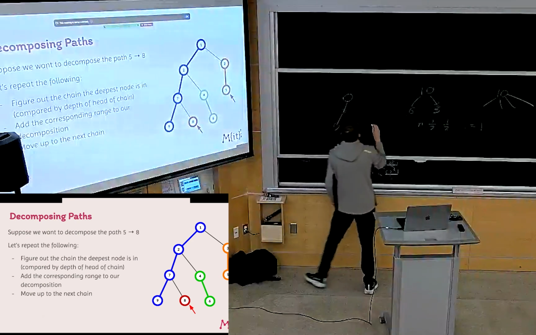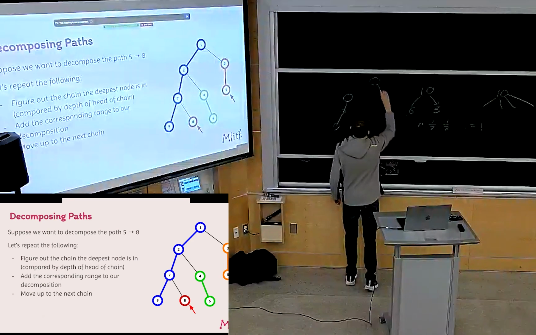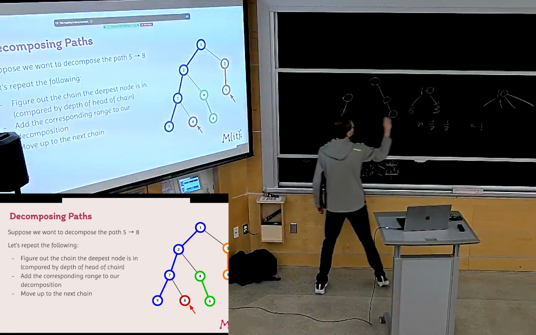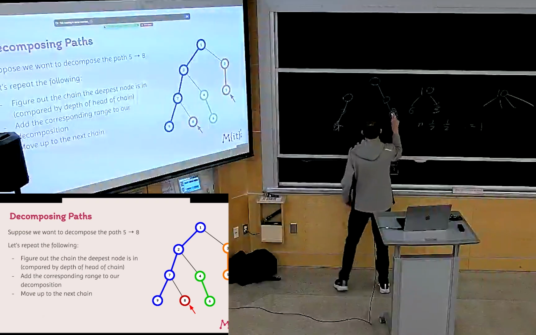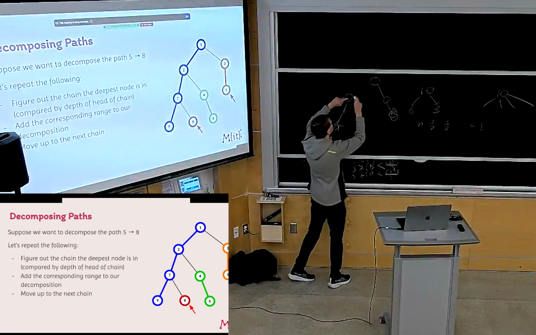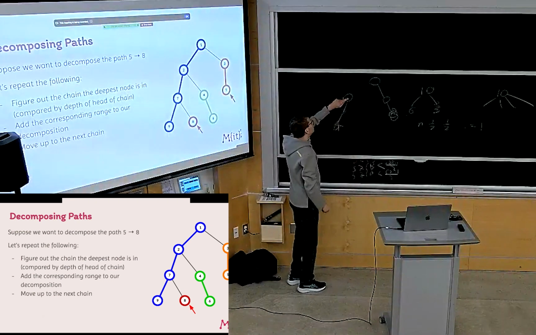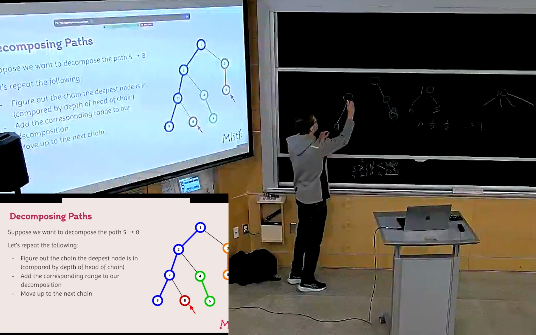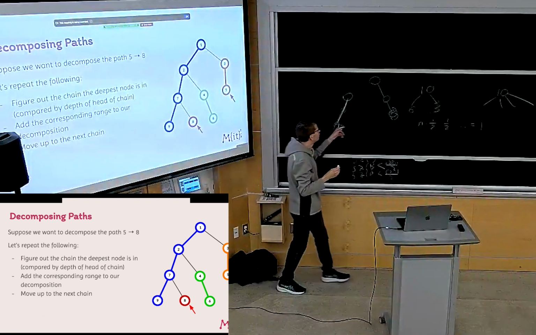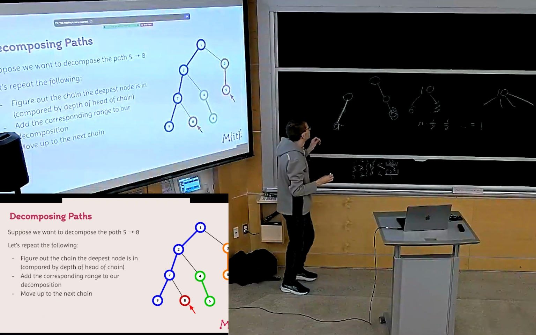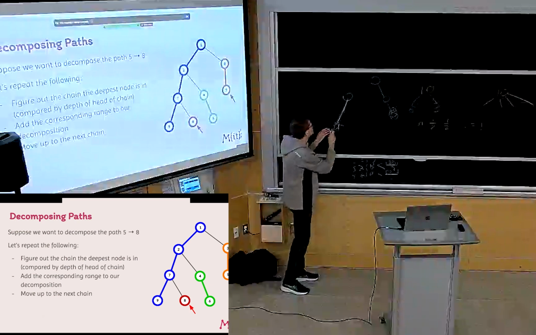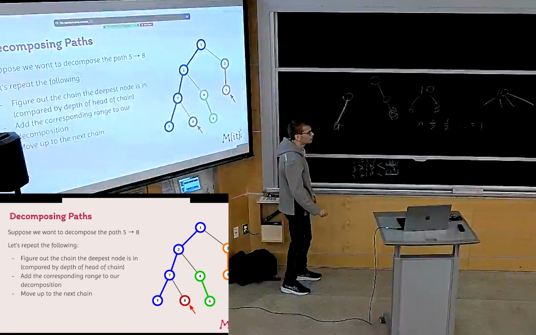These are the different nodes, and maybe we have another chain here, and then here are the two nodes we actually care about. If we know that this head is lower than that head, then we know that this entire path will be contained in the path from A to B, because we said that we decompose it into two vertical paths going up to their LCA,